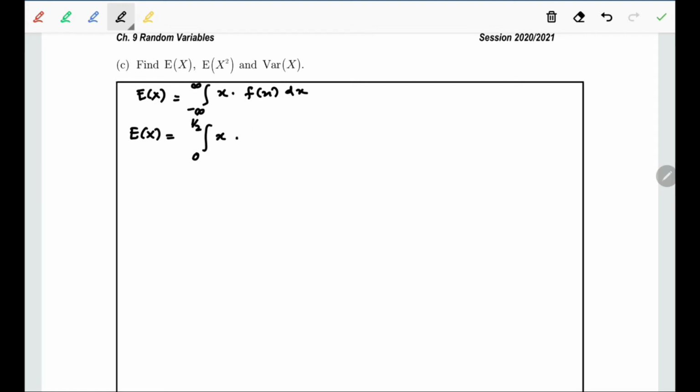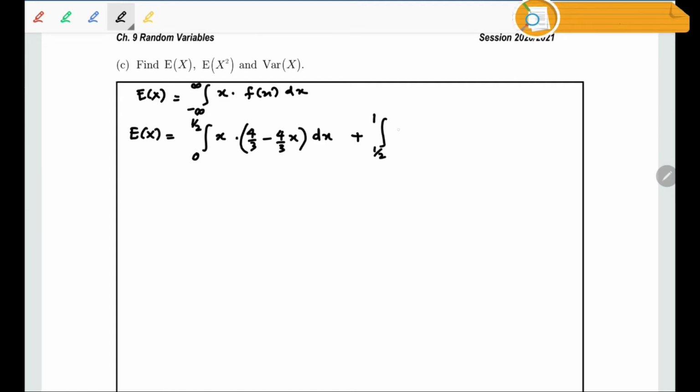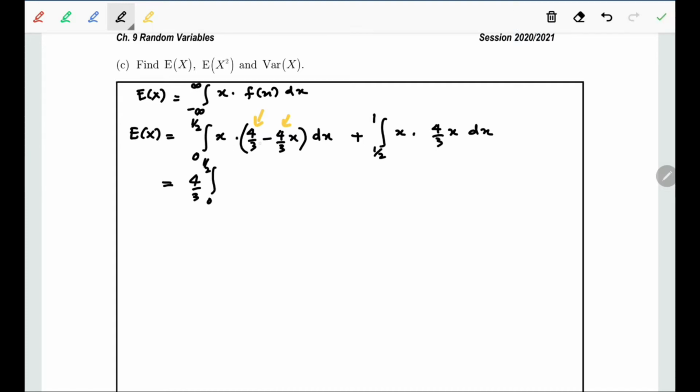which is the function here, 4 over 3 minus 4/3x dx, plus integration for the second function, which is from the interval 1/2 until 1, and x multiplied with the function 4/3x. Right, so to make it easier, we can just take out the 4/3 outside. So just take out 4/3. So then we will have integration for x multiplied with 1 minus x